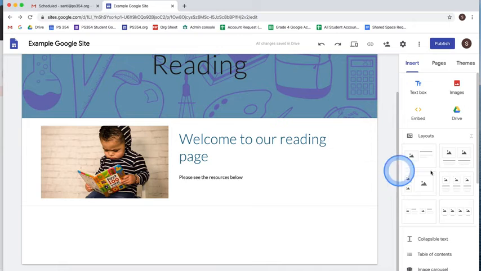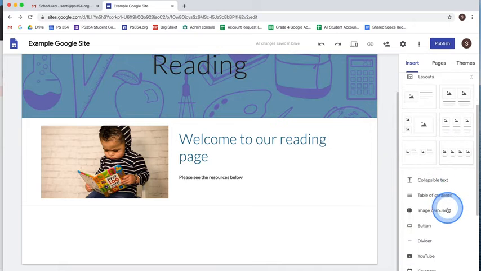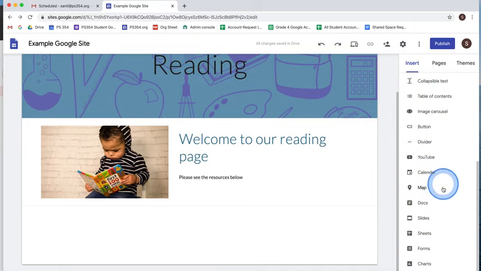Again, that was just a preset layout from one of these things here. And again, you have more things. Take a look. You can add a calendar, a map, you can add docs. Something people are adding are Google Slides, and I think that's a great idea, of your either PowerPoints or interactive whiteboard files, Promethean or Smartboard, where you export into a PowerPoint. You can bring that into Drive as a slide, and I think that's a great way to share your work